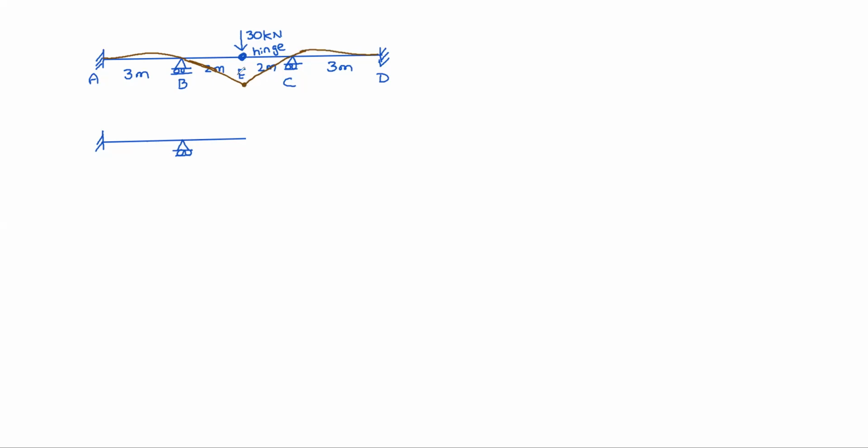That means it can be replicated by a free end. Okay, at the hinge we can take it as a free end, because in a free end you see this is the deflection pattern of this cantilevered end. Okay, so it's exactly symmetrical, similar to that original problem. That's why. And the load at the hinge, 30 kilonewtons, is there, means see similar structure. See, the other structure, the other side will be like this.